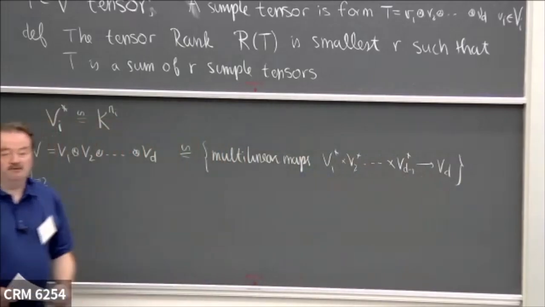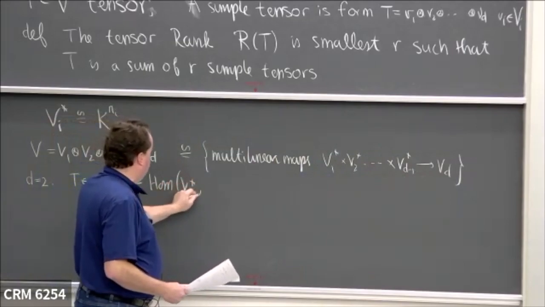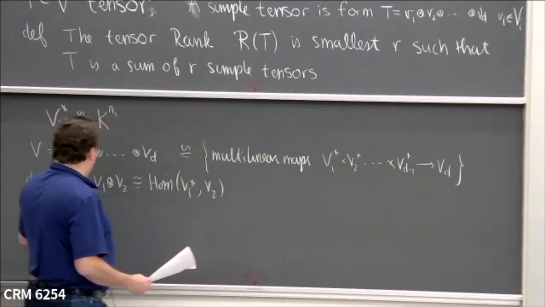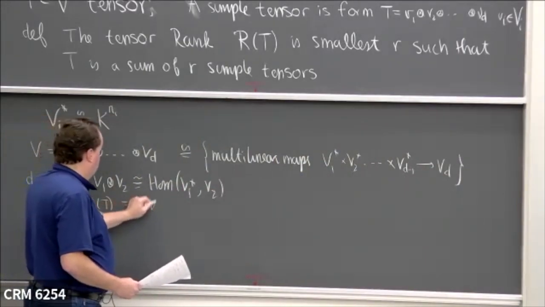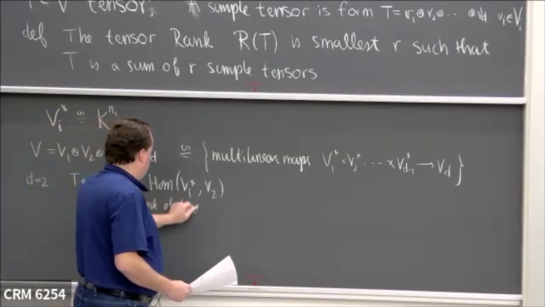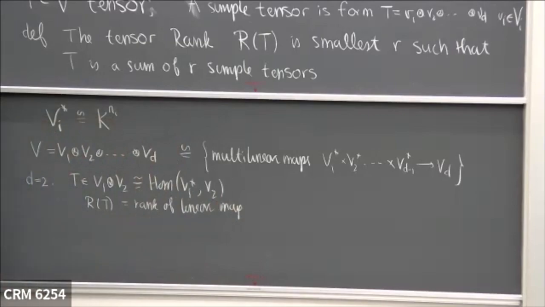A linear map has a rank. It's the space of linear maps from the dual space of V_1 to V_2. In that case, the tensor rank is just the rank of a linear map, or the rank of a matrix. So the tensor rank is a generalization of the matrix rank. There are many generalizations of matrix rank, including the subrank that I will define in a moment. Now for d is 3,